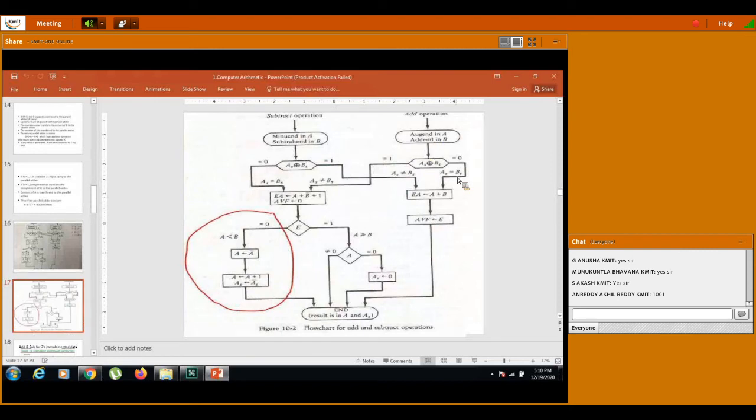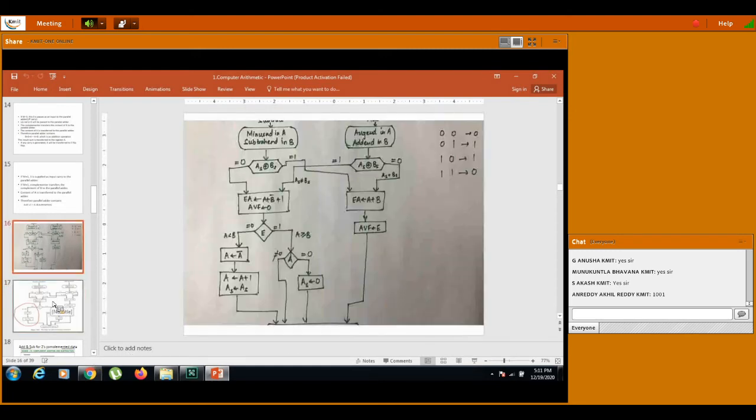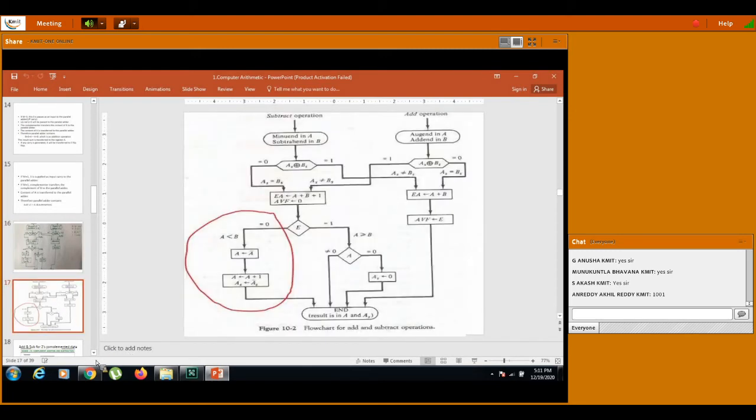So this is an add operation which is going to be done, and this is a subtract operation which we are going to do. All of these are done in a single circuit, adder as well as subtractor together. These are the conditions we have seen before: if A is greater than B and A is less than B, then what is the sign for that? Whatever I explained till now is there in this particular flow chart. If you cannot understand this, simply understand it with this diagram. It is very easy.